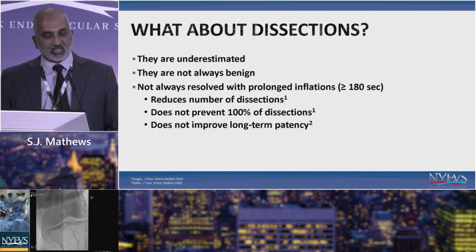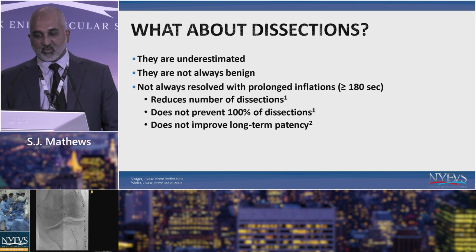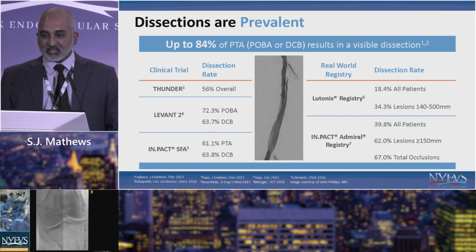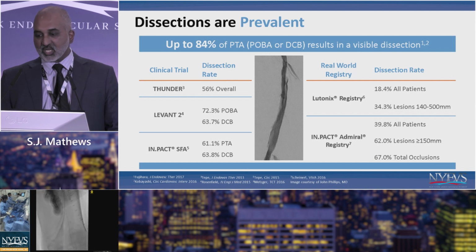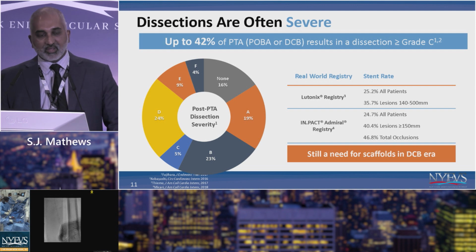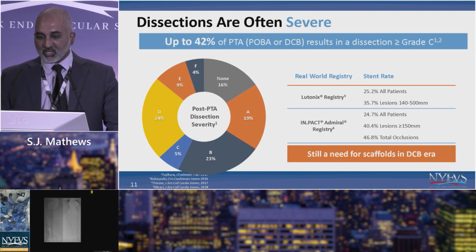This is also something that we tend to deal with as well, not always resolved with prolonged inflations. And then, unfortunately, may impact patency as well. And if you look at all the DCB trials, in this section, we're talking a lot about DCBs as well, you can see that 84% of the cases that involve PTA, either POBA or DCB, had some type of dissection within these registries as well. And then in almost half of these cases, you had severe dissection as well. So there's still a need for some type of scaffolding, whether or not stents or alternative technologies within the drug-coated